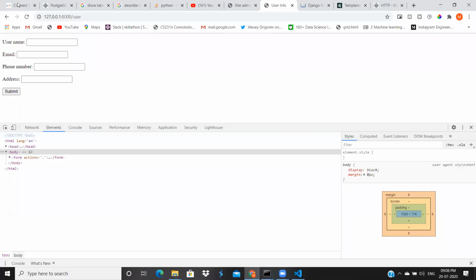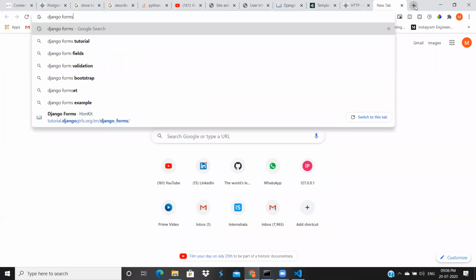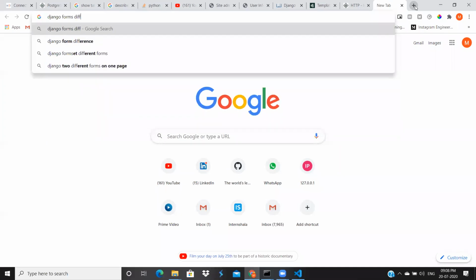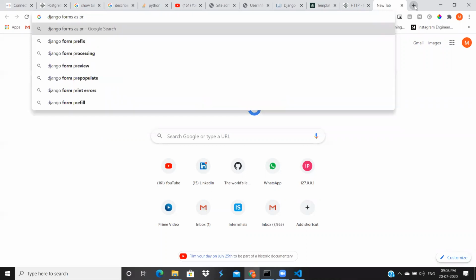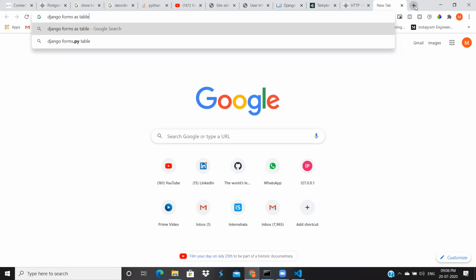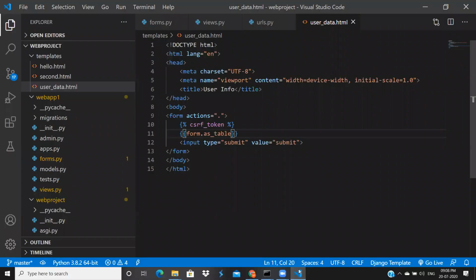Just wait one minute. Form as a table. We can give it as a paragraph, we can give it as a table.